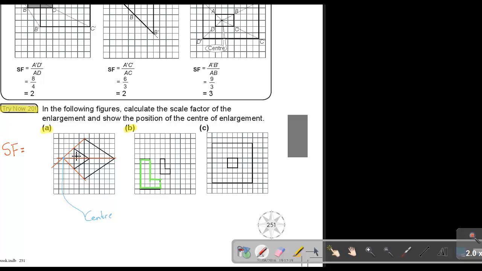it's going to be, okay, let's take either horizontal or vertical. Now remember, this is the new one. So basically, I'm just going to say, count 1, 2, 3, 4, 5, 6, 7, 8. And I count 1, 2, 3, 4. And what will be the scale factor? The scale factor will be 2. And if I look at this one,